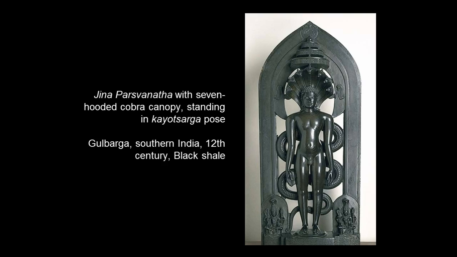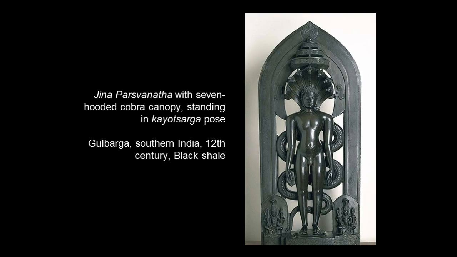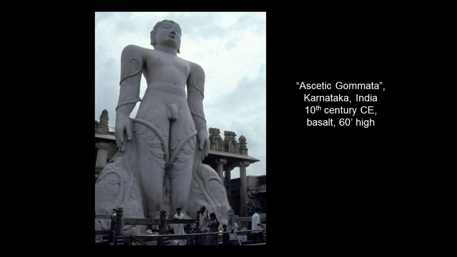A Jainist renouncer, as he or she is called, might wear no clothing, as in the statue of the Jaina you can see here and in here. A serious follower of the Jainas might live a life so austere that he or she starves to death while meditating. The 60-foot tall statue of Gomata, the ascetic, details the vines which grow and wrap about the body during his lengthy meditation. Jain temples are similar in appearance to Hindu temples, with Vimana or Shikara towers and mandapas, or covered meeting halls.